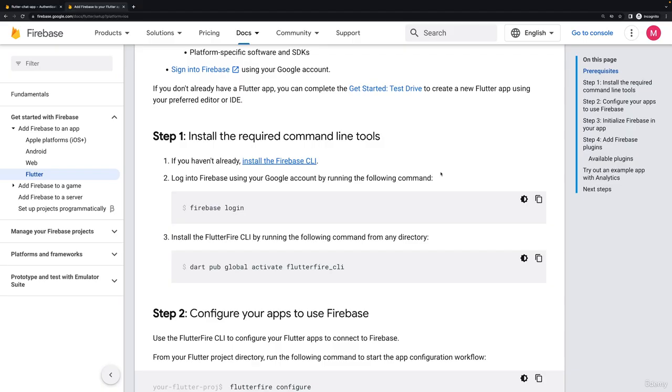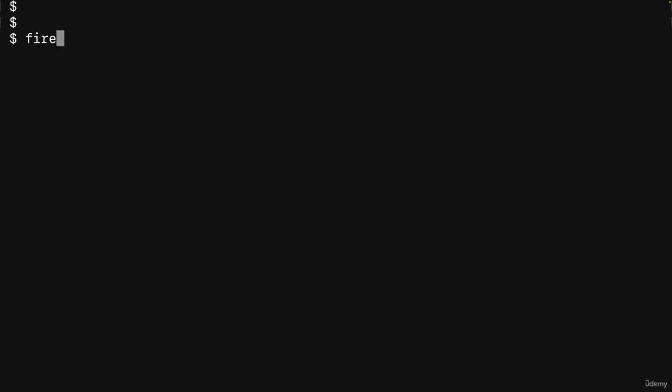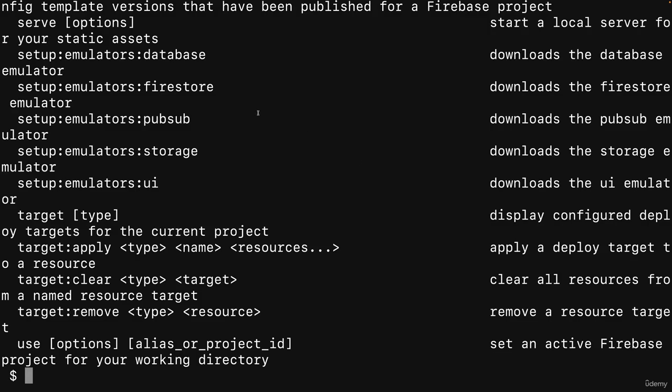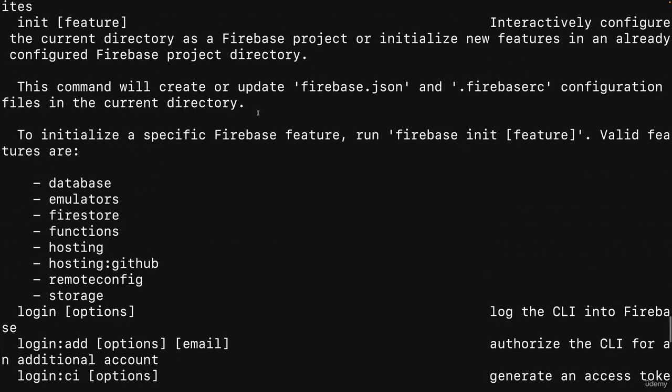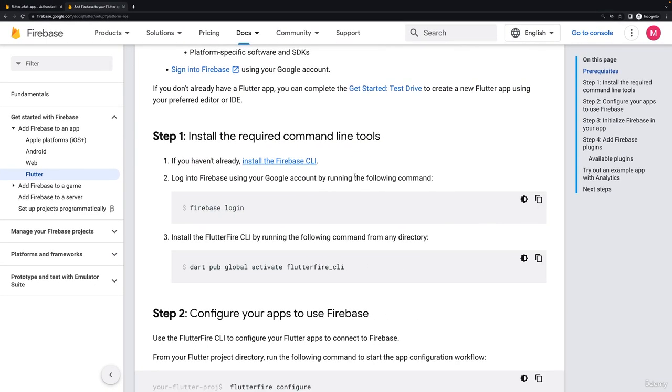And once you did finish that Firebase CLI installation process, which you can confirm by running firebase in your system terminal or command prompt, and if you then don't get an error, but instead some output that looks like this, you will know that Firebase was installed. So once you did install this Firebase CLI, we can proceed with the second step